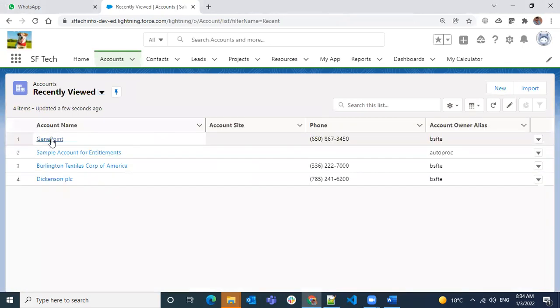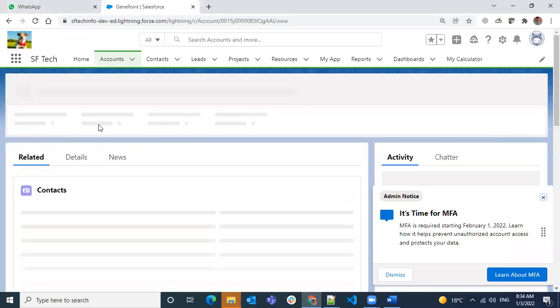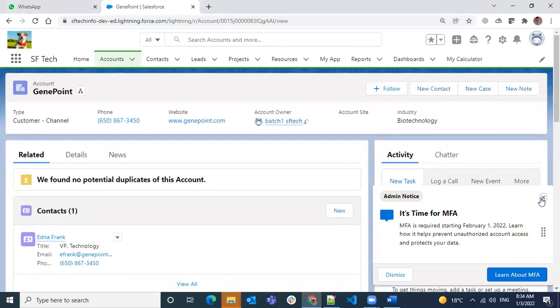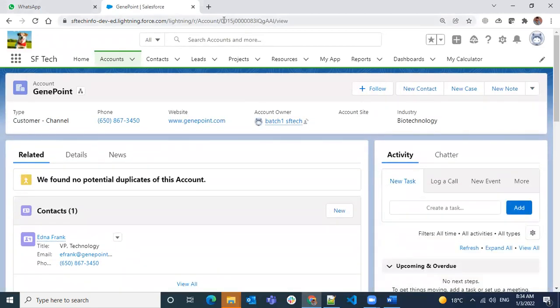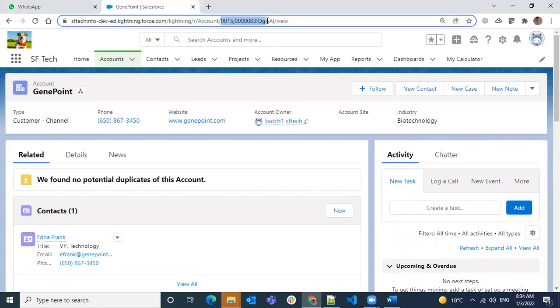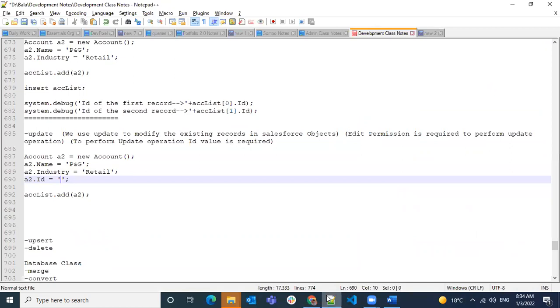I have one account, if I open it, in the URL you see, right? This is the Salesforce ID of this account record. You can use this, but in code, it is not a realistic way of doing it. We don't know which account we're going to update, so we cannot always hard code this value.